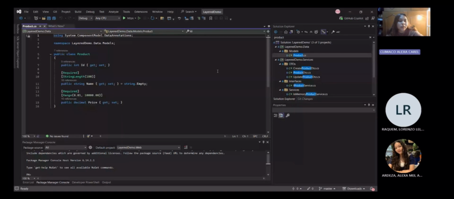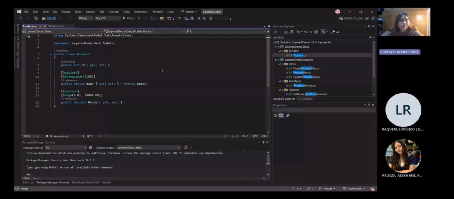This is a simple POCO or plain old CLR object with validation attributes. Notice the concise design. Each property is clearly defined with rules to enforce data integrity.